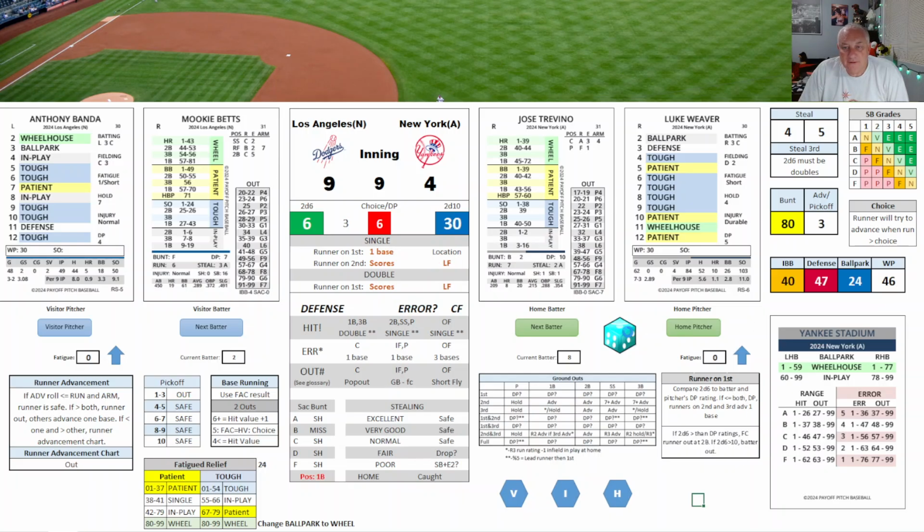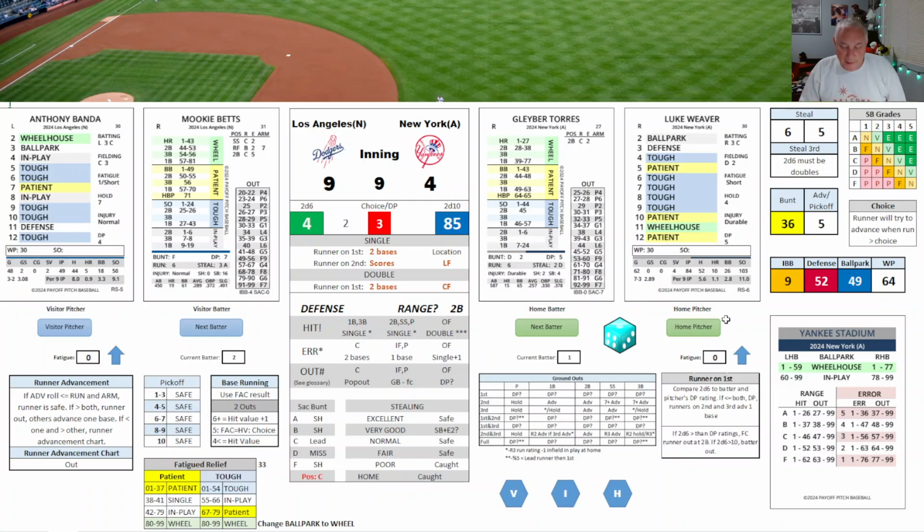Trevino's going to lead off. We'll just finish this out here. It's a 4 in play, 42. That is a ground out, 1 out. Verdugo. Let him hit. 6, Tough, 61. Ground out, 2 down for Torres. And this could be it. 4 in play, 85, and that will do it. A ground out. So the Dodgers bullpen does what they've done all series.